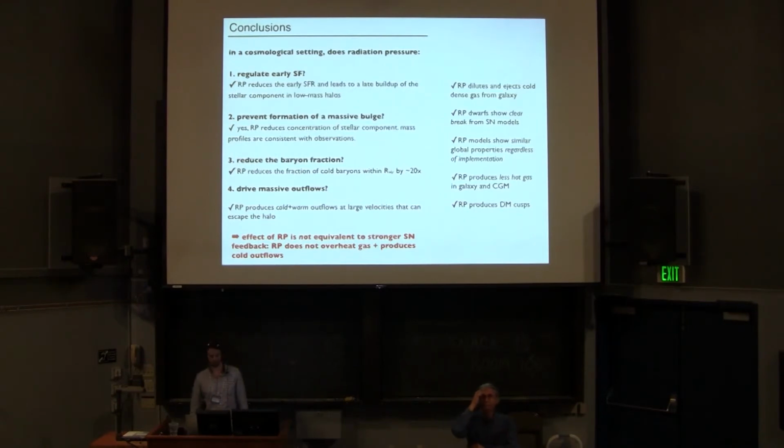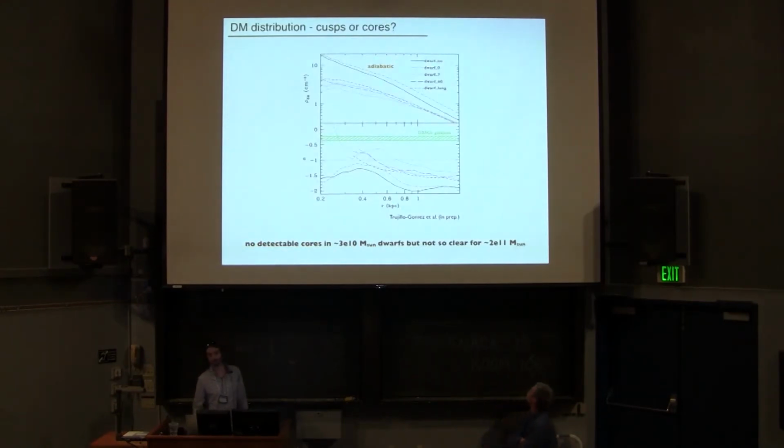Can you go back one slide? So if I read this correctly, then the halos are expanding when you put in the feedback, because everything's above the black line. No, the adiabatic line is the orange. The black line is the supernovae feedback case. Okay, so the dashed lines are above the orange line.